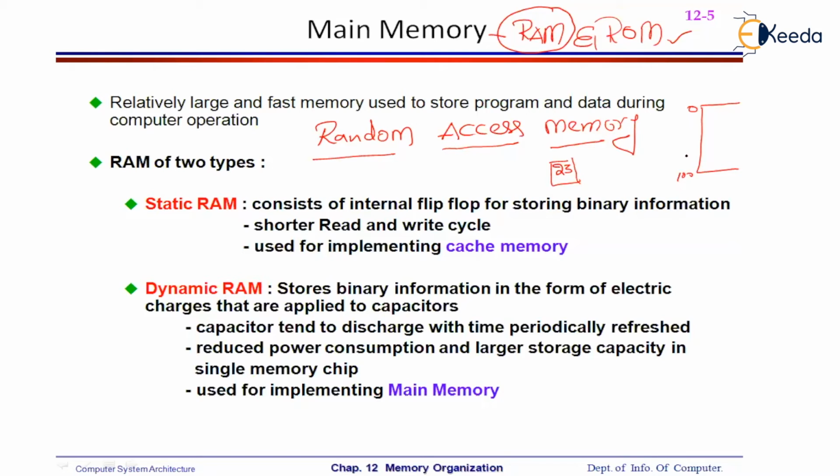Initially we're going to go for 93. Is 93 equal to the address reference? No. Then we go to any other random reference, that is 3. Is 3 equal to 23? No. Then 48. Is 48 equal to 23? No. So finally, we may arrive at the address that is desired by the CPU. Is 23 equal to 23? Yes. So when a corresponding address reference is exactly matched, then the value under that address, or the data element under that address, will be accessed by the CPU. This is the reason why we call it random access memory.